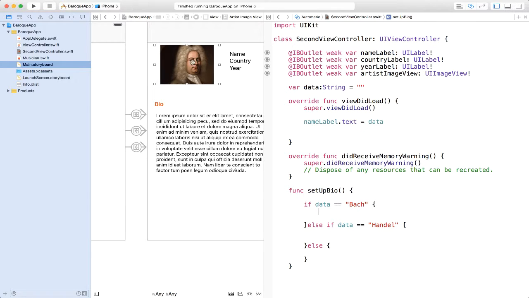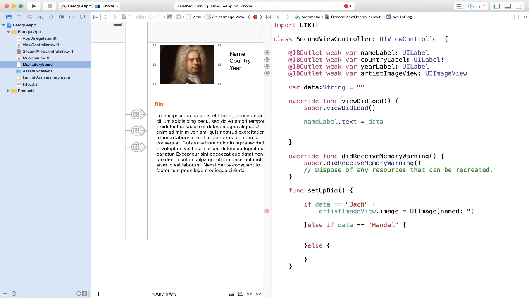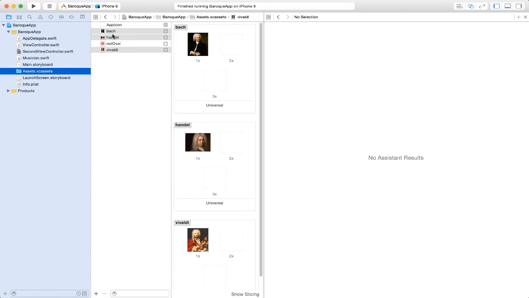In order to change the image view or to add the actual image, what we could do, all of these, of course, dynamic, we go ahead and say artist image view dot image property is equal to UI image, because that's what we need to use in order to fetch an actual image. And as you can see there, there is a name. So we say enter and we pass the, in this case, it's going to be Bach. And notice this convention here, the name is the parameter we're passing in, and it has to be a string of the same name that we have set to be in our image. So in this case, it's Bach, and they have to be the same.